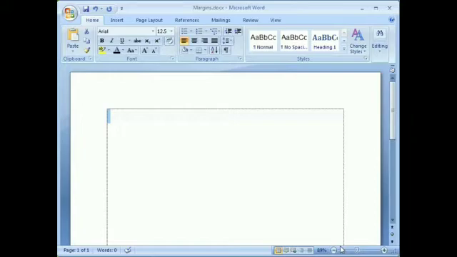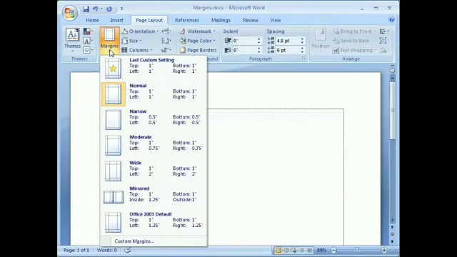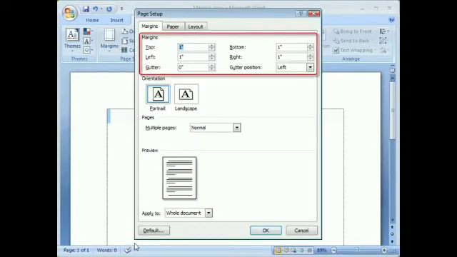Border. And next we will click on the Page Layout tab, and click on Margins. You see the list of page margins. There are so many page margins. You can set your page margin according to your requirement and click on it. After clicking on it, you will get the dialog box. See, these are your options.